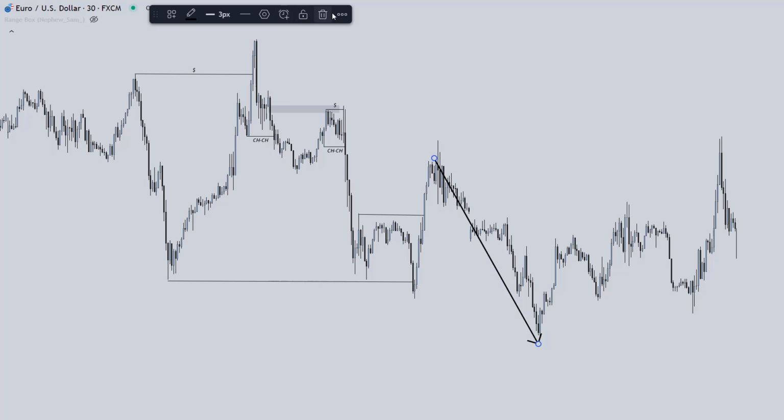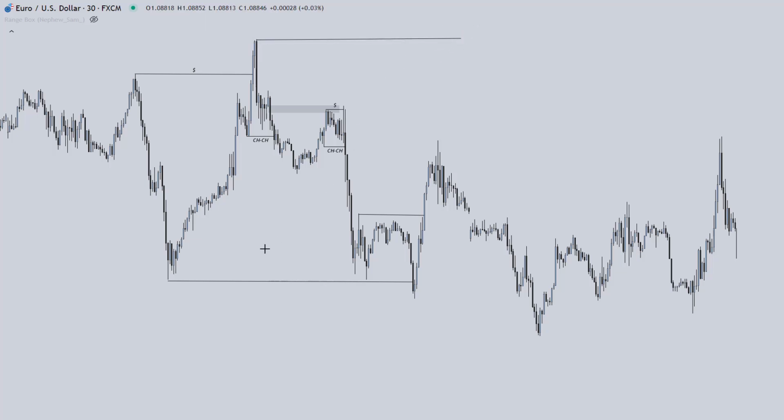Because we're still playing inside of this higher time frame range right here, right? As long as this higher time frame range is in play, just like I stated in my last video, the strong high and weak low video, as long as price is still in this range right here, these lows right here will get taken. As we can see, this high right here,